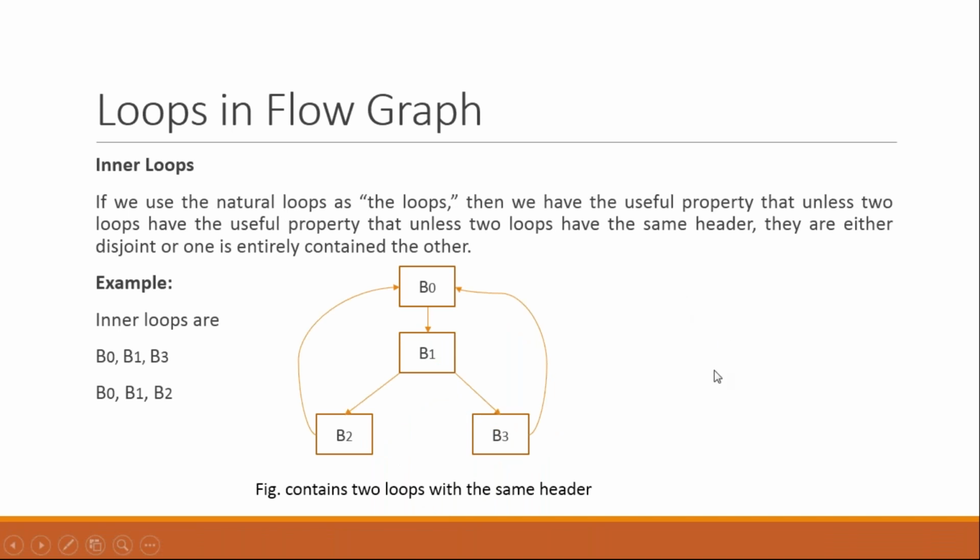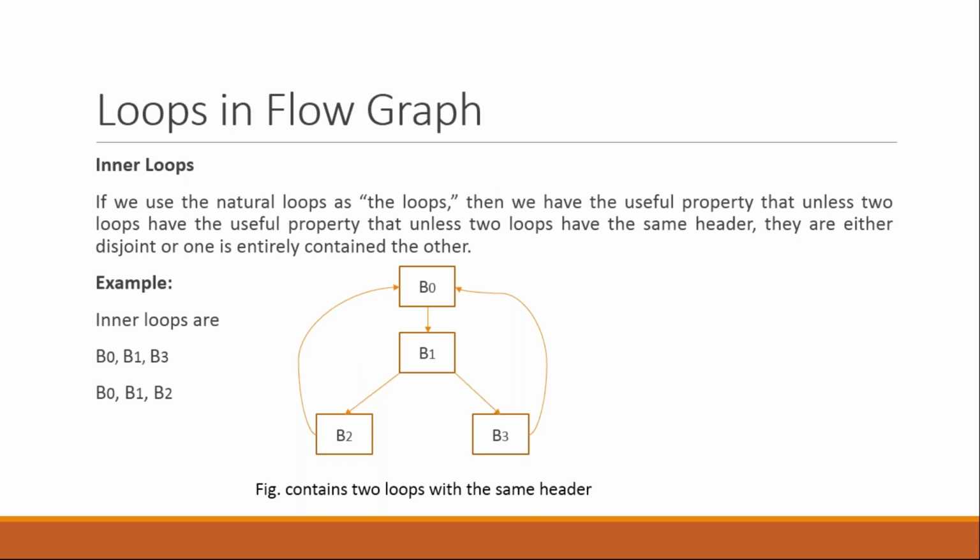Now, what is the inner loop concept? As we have discussed, or we all are aware, a loop inside one more loop is known as the inner loop concept. In the given example, B0 passes the flow to B1, and B1 passes the flow to B2 as well as B3. So if there is an if condition in block B1, then if it is true it goes to B2, and if it is false it goes to the B3 part, right?